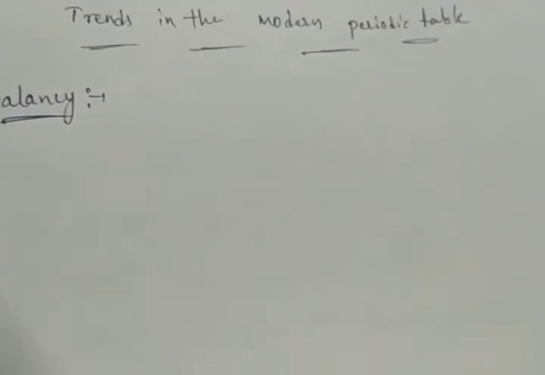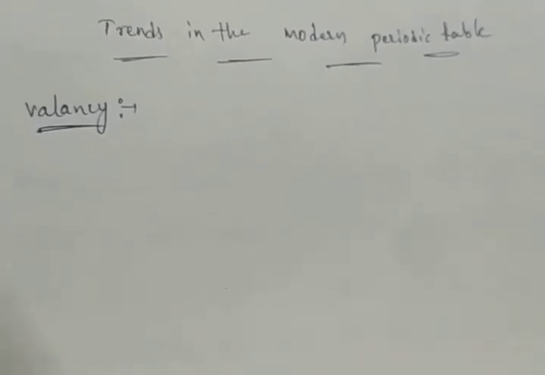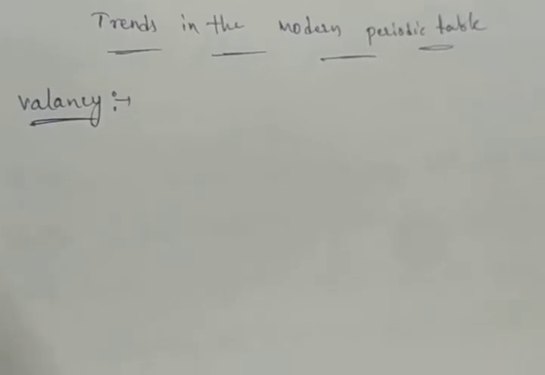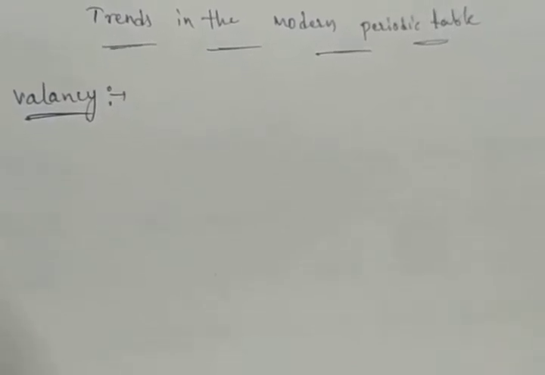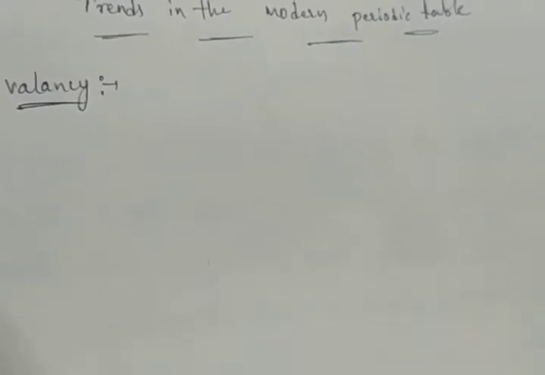What is the valency of magnesium with atomic number 12 and sulfur with atomic number 16? Now you can find out the valency of magnesium and sulfur. Valency is equal to the group number up to the 4th group. Already in the foundation classes we discussed this. Similarly, find out the valencies of the first 20 elements.